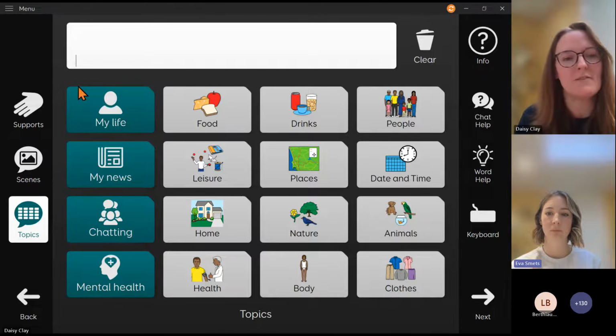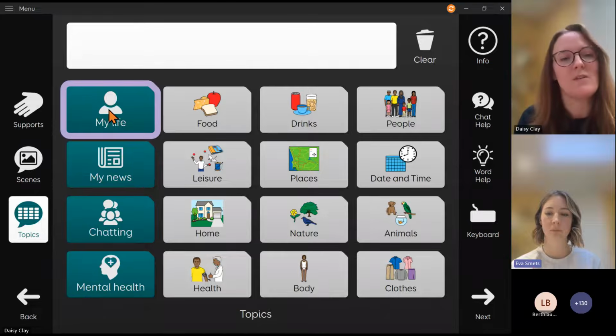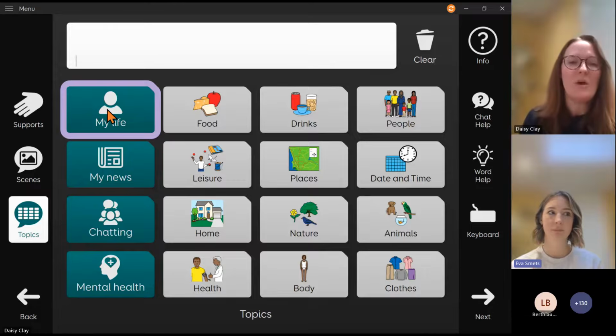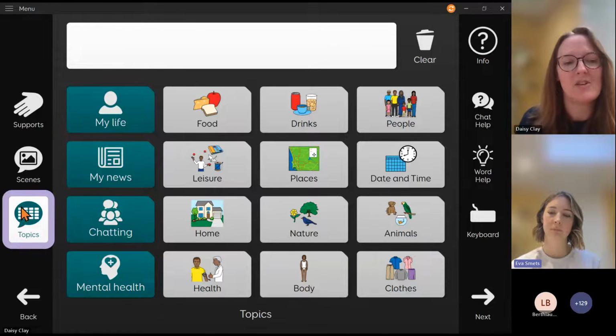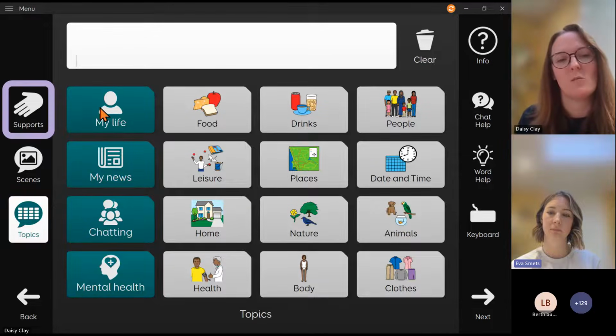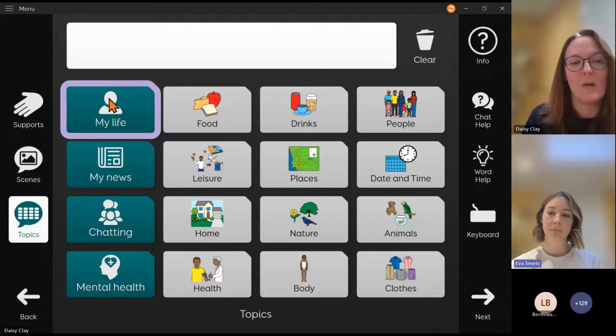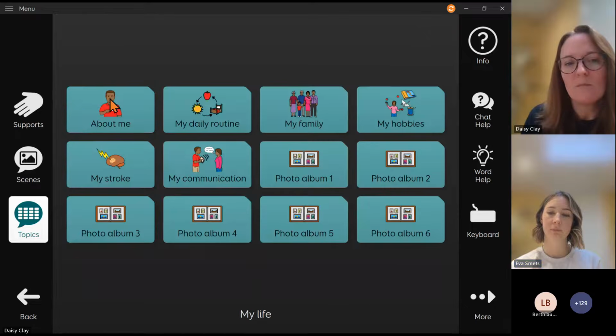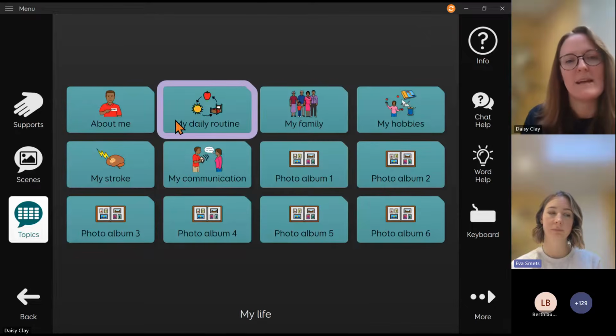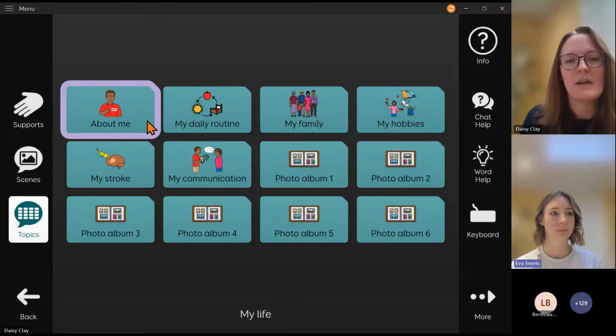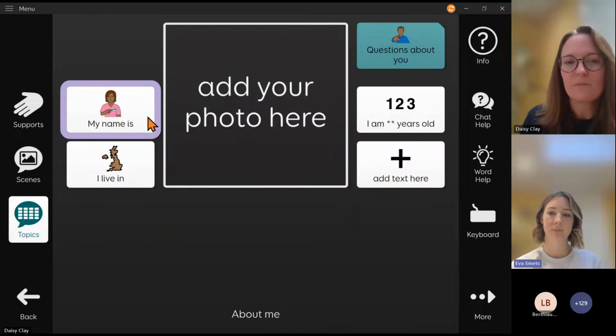So first of all, some of the things that we found in the support section, we've pulled out and put here because the home grid in Duo 16 is actually taking you straight into topics rather than taking you into the range of supports. So we've got My Life here right in that top left corner because it's been such a helpful place to start with people. So we've got exactly the same sections. So if I go into About Me,